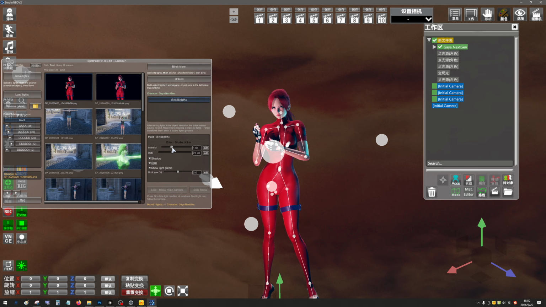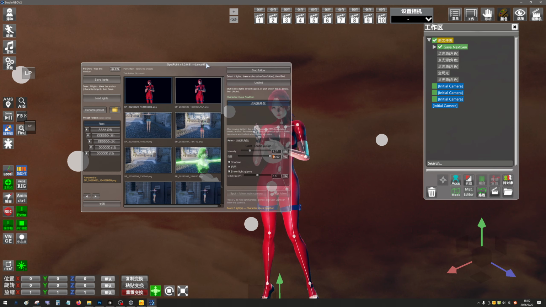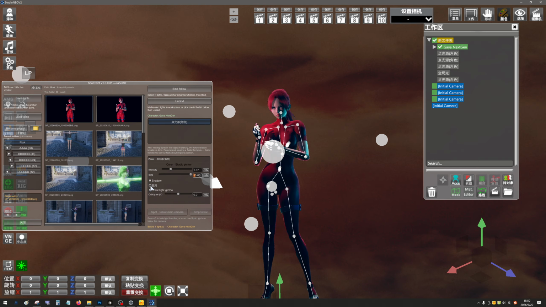And when I change the intensity, if this range is not enough, here is a function to change the maximum range. As you can see, I can change it to 111 and it will change accordingly. Like this. Let me put it back to 50 and maximum 50. And another thing is that you can very conveniently put this window everywhere and control it on and off,